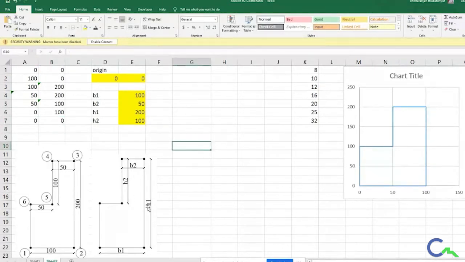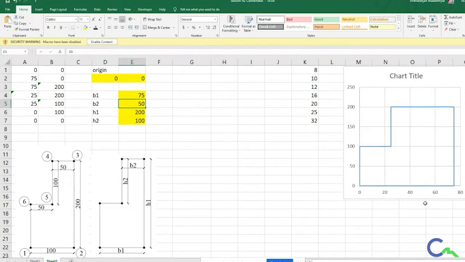Now what is the advantage? Suppose I want to change this B1 to 75, the base of the rectangle whatever we have shown, if it is 75, automatically it is going to change here. So the second node will become 75, the third node will become 75 minus 50.